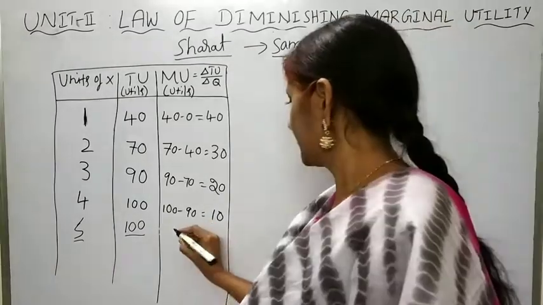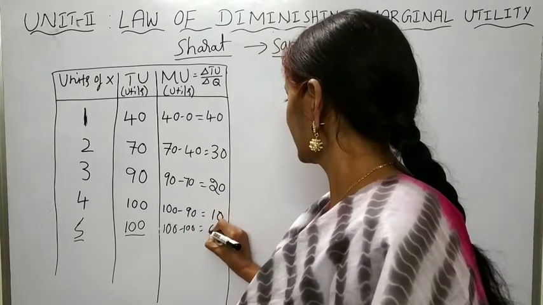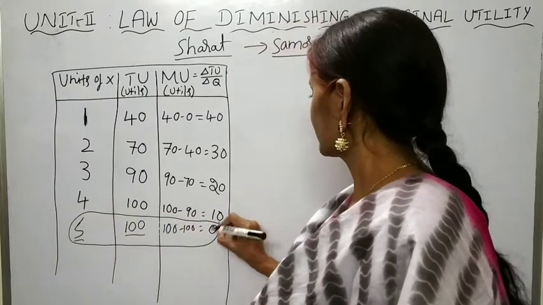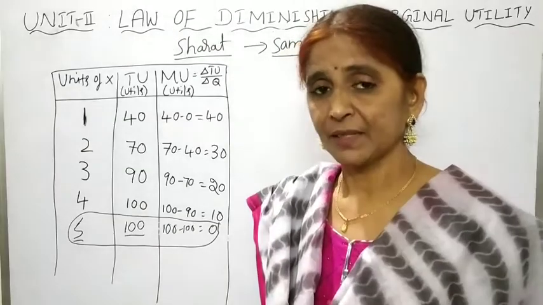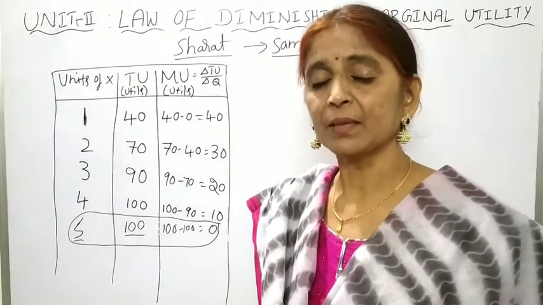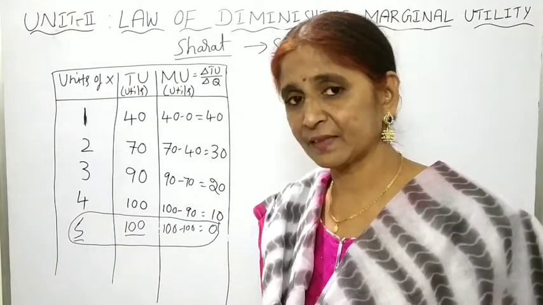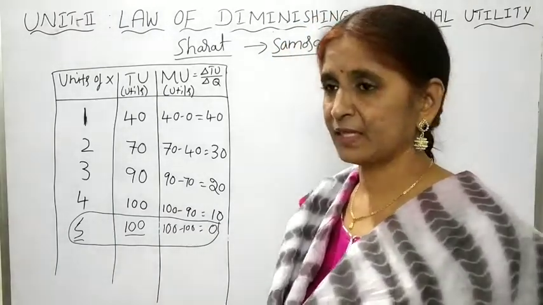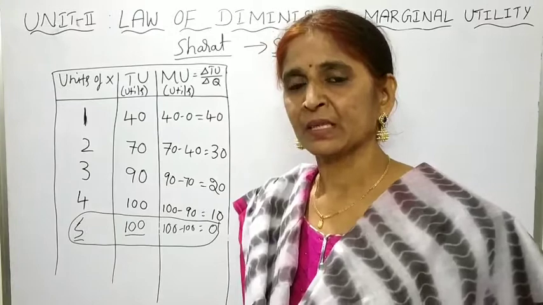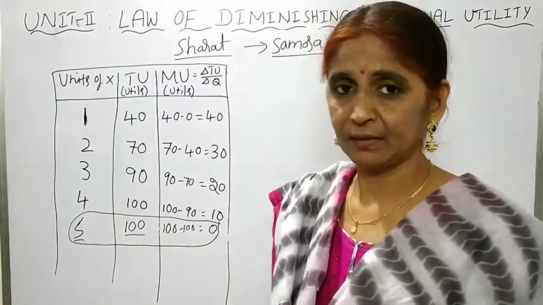What about the marginal utility? Whenever total utility becomes maximum, at that time marginal utility will become 0. So it indicates that the want of the consumer is completely satisfied. The consumer is in equilibrium by getting maximum satisfaction. So he has to stop his consumption. Okay, a wise consumer will stop his consumption whenever his want is completely satisfied and he is in an equilibrium position. Equilibrium means, children, a state of balance. He is not willing to consume further units of the commodity.